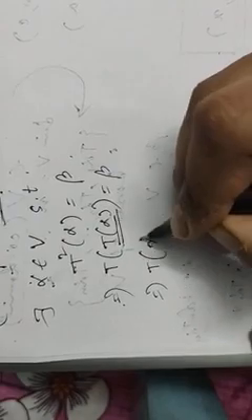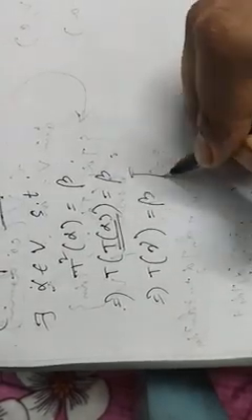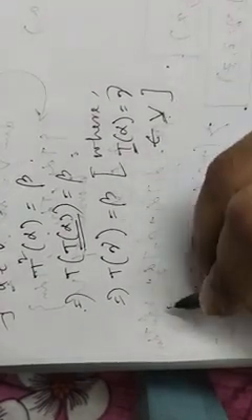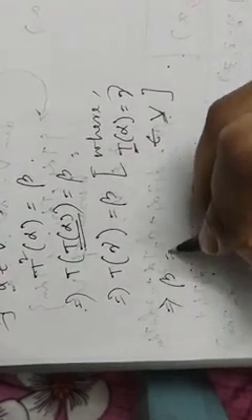Now let's take T alpha equal to some gamma, where T alpha equals gamma. Then where will this gamma belong to? Obviously this will belong to V, because the codomain of the mapping T is V here. So T alpha belongs to V. That means T gamma equals beta here. Now we can write beta equals T gamma just by interchanging the sides.